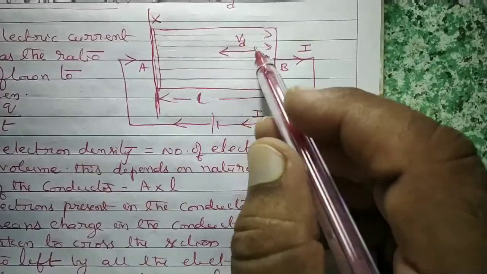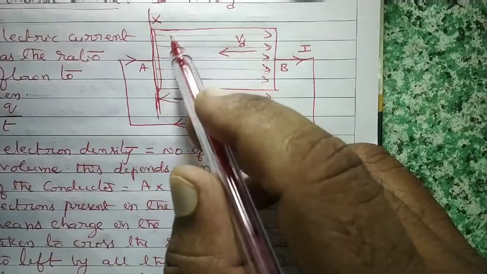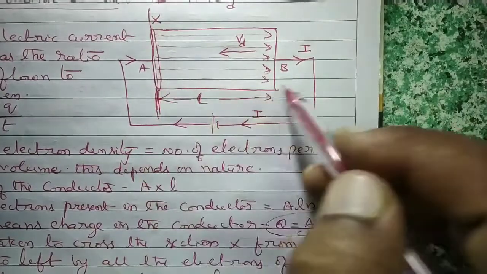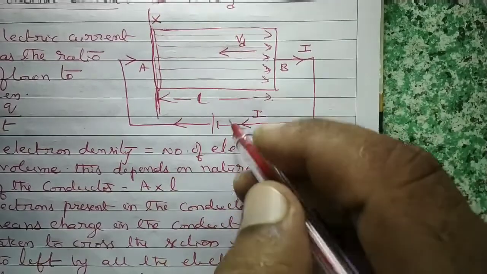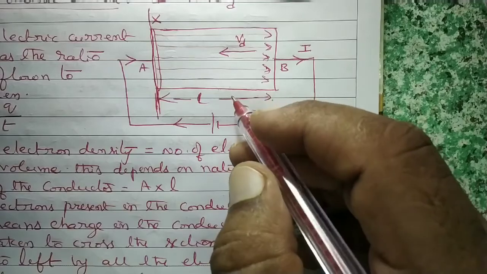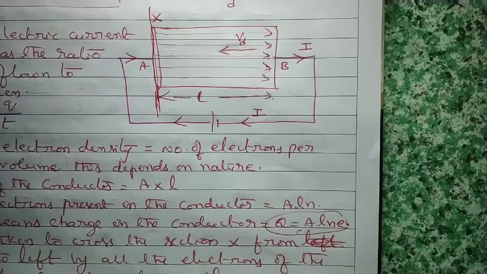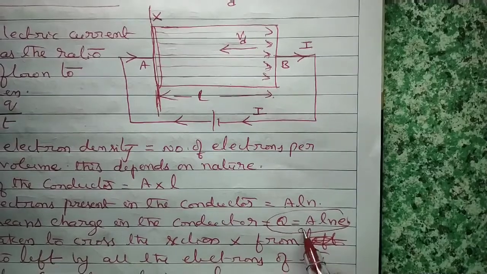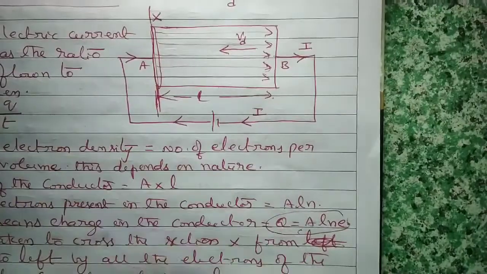So then, how many electrons are there in this conductor? In unit volume, n electrons are there. The volume of the conductor is cross-section area into length, that is A into L. In AL volume, how many electrons will be there? AL into N. Each electron has charge e. So ALN electrons will have charge ALNe. So this conductor consists of mobile charge, which is constituting electric current. How much charge is that? ALNe.